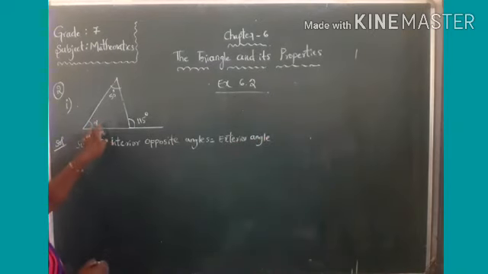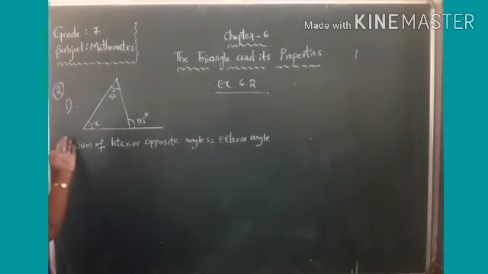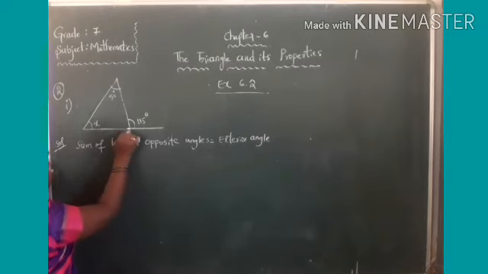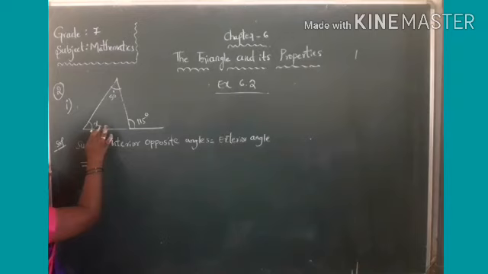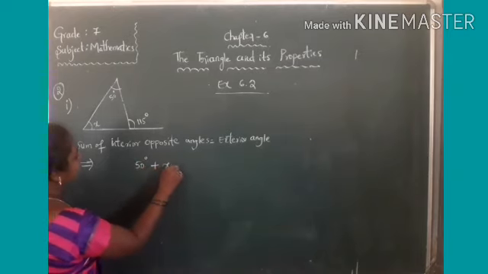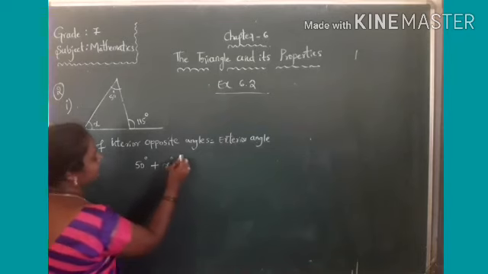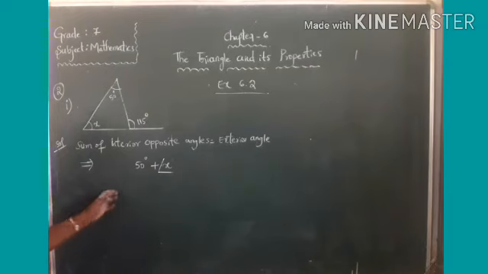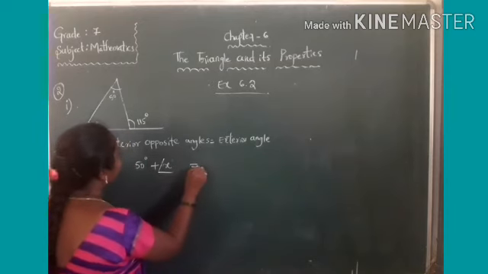You have to find an interior angle. Previously you found the exterior angle. Here we have to find the interior angle. The two interior angles are 50 degrees and x degrees. The sum of the two interior opposite angles, that is 50 degrees plus x degrees, or you may write angle x also, is equal to the exterior angle,